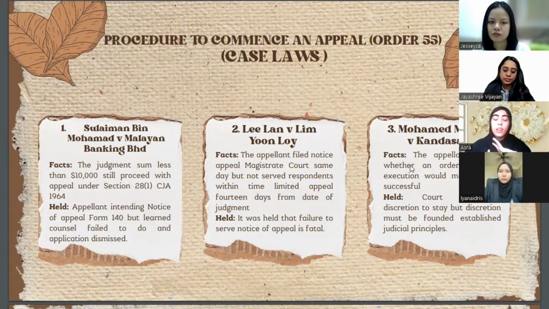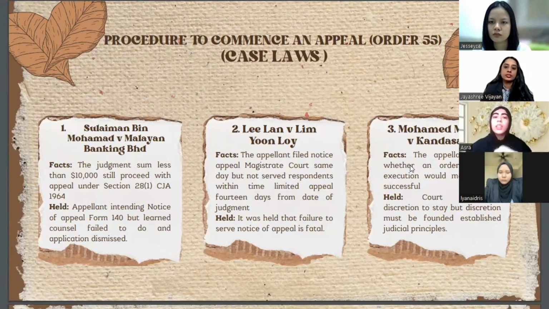After that, for the plaintiff's appeal, the time limit to serve the notice of appeal is 14 days from the date of judgment. So the proper form to apply for extension of time is the court of appeal, which is from the magistrate court in this instance. The court held that the application for extension of time could also be made to the High Court, although the court would discourage such practice. In this case, there was a proper application for extension before the High Court.